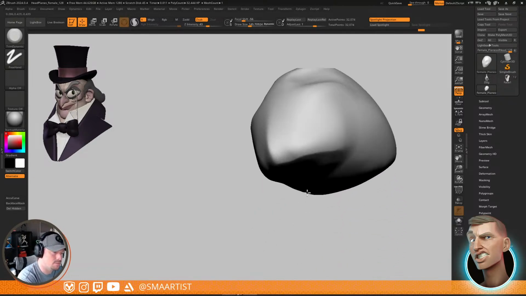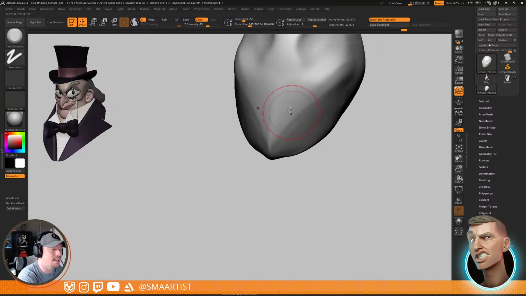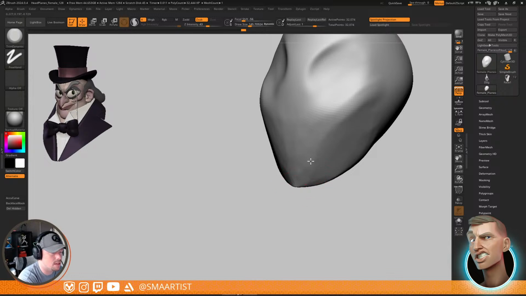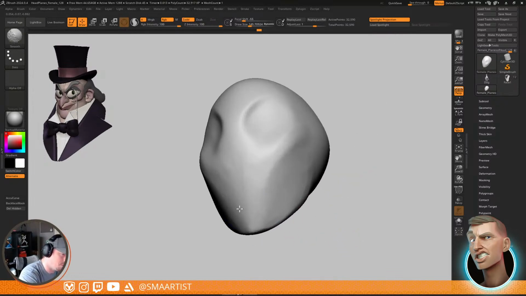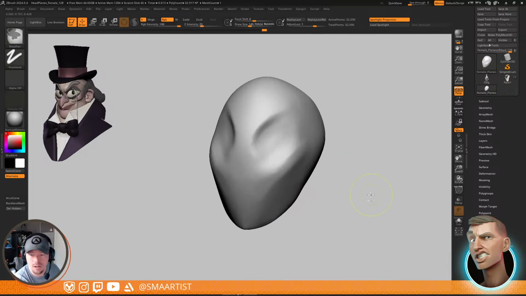You notice I don't have any reference. Maybe you don't notice because you can only see one of my screens. But I think it's important for me at this particular stage to think about what's important to the character, and to make design choices based on those things. So I'm wanting to start to think about, one, making her feminine, because she has those features that, what's it called? Those,